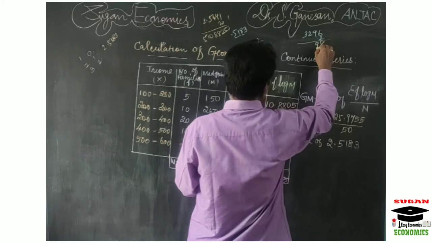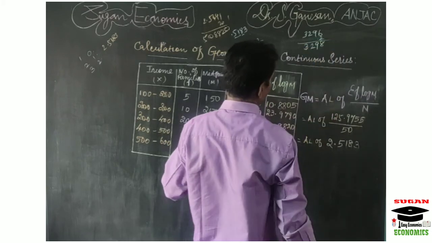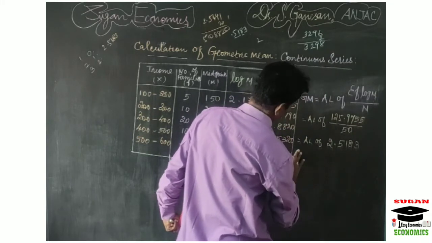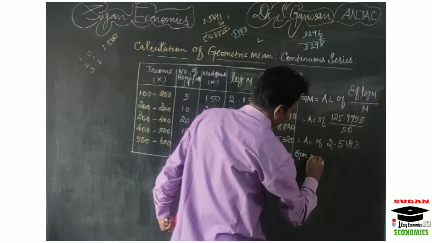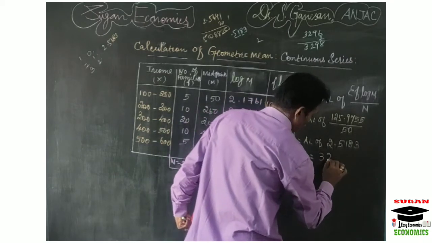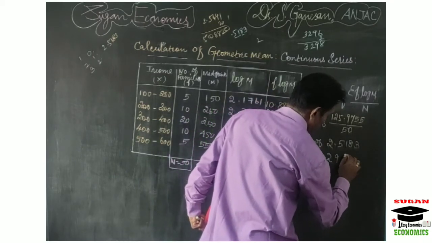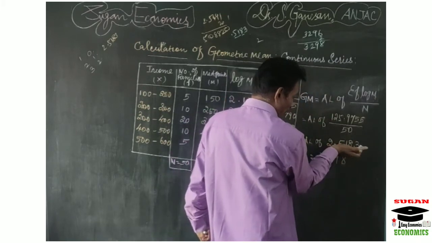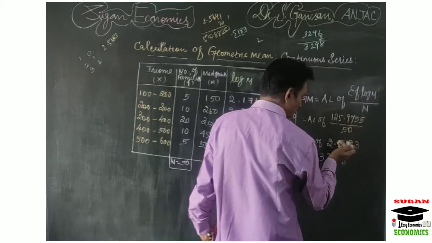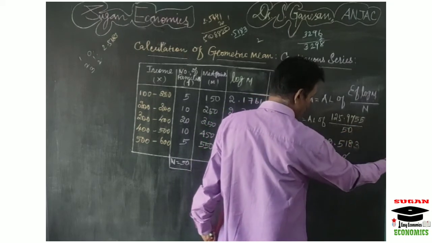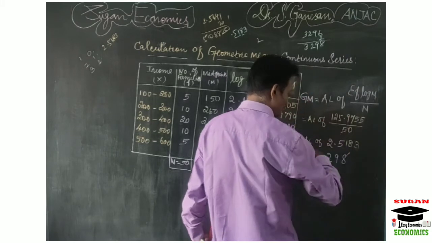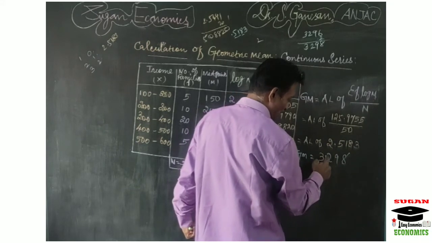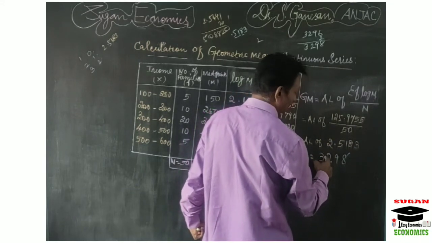So here 8, 9, 2, 3, right. So the value, that is GM, is equal to 3298. After that, now we have calculated the anti-log value for the part after the decimal point. Now we have to consider the value before the decimal point. Before the decimal point, if you are having 0, from the left hand side you take the first one digit, then you make a decimal point.